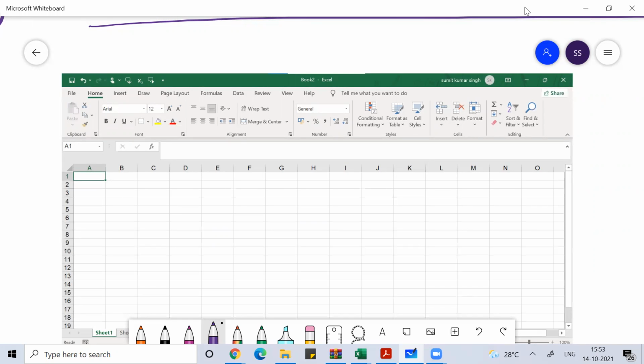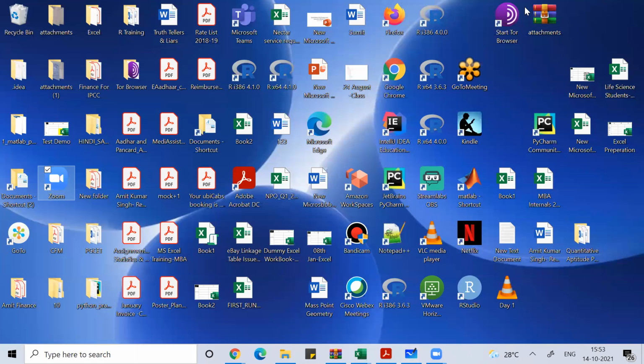So talking about MS Excel, first I want to concentrate on how I can open an MS Excel workbook. You must have a lot of workbooks on MS Excel in your laptop. And I don't think you have never touched MS Excel ever in your life. More or less, either we are students or professionals, so definitely you would have worked on MS Excel.